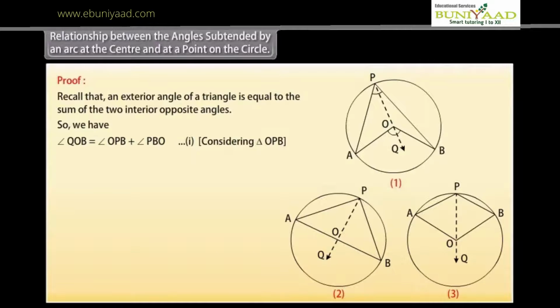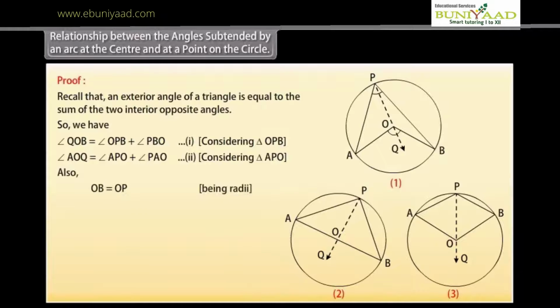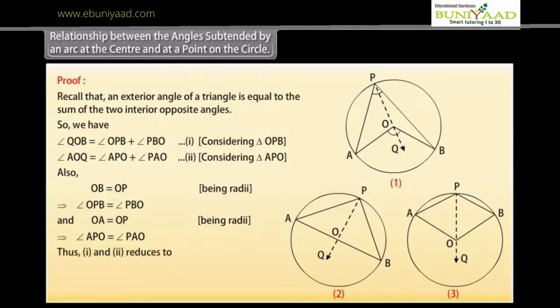1. Considering triangle OPB, angle AOQ is equal to angle APO plus angle PAO. 2. Considering triangle APO. Also, OB is equal to OP, being radii. Angle OPB is equal to angle PBO, and OA is equal to OP, being radii. Similarly, angle APO is equal to angle PAO. Thus 1 and 2 reduces to angle QOB as 2 into angle